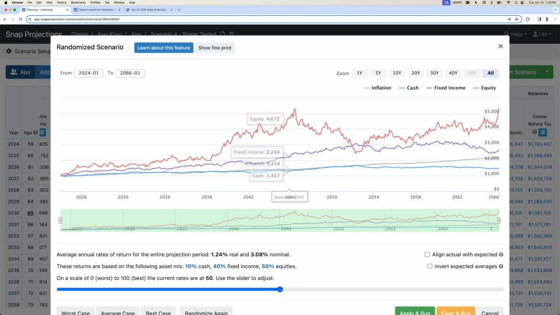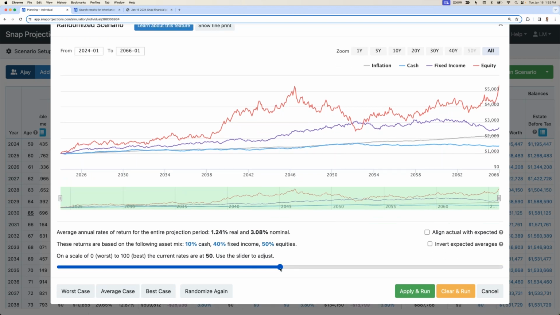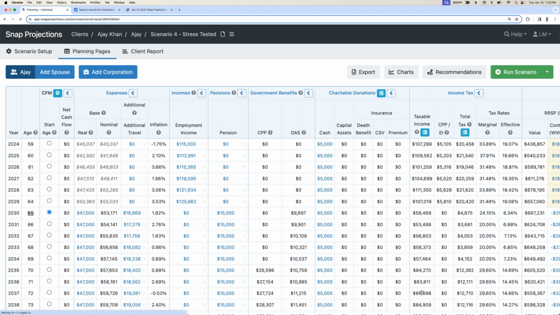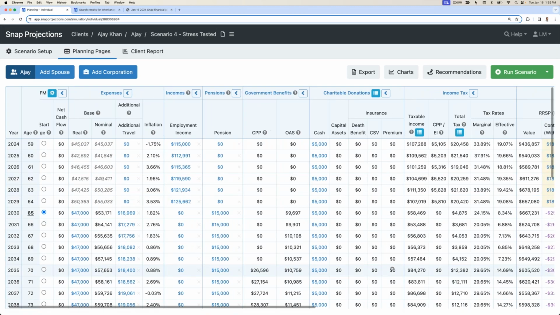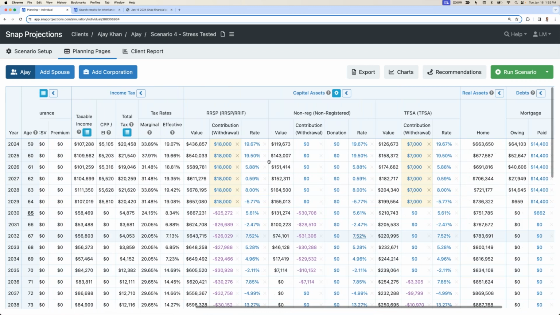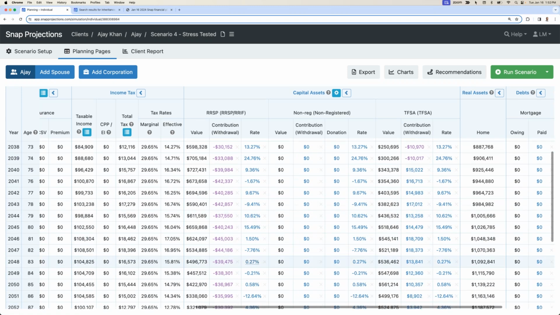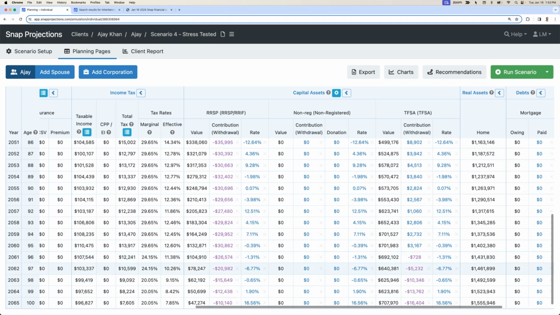But what I'm going to do in this case is apply the median potential case. So basically, this is roughly our expected rate of return, and we're going to have variable returns now apply throughout the projection. So we can see here now the rates are 19% for the first 2 years, and then we have some down markets. So overall, we can see that the returns are now variable, and that's going to impact the success rate and the outcome of the projection.